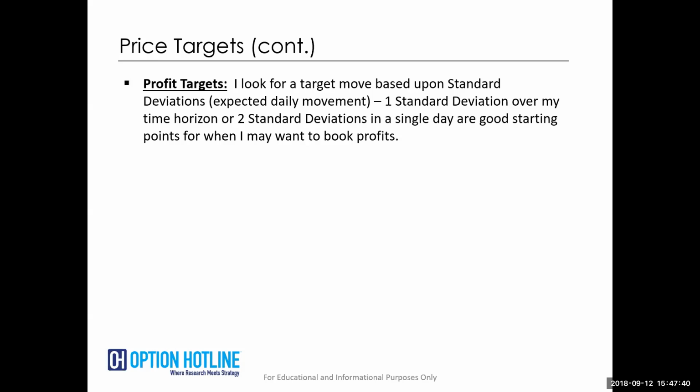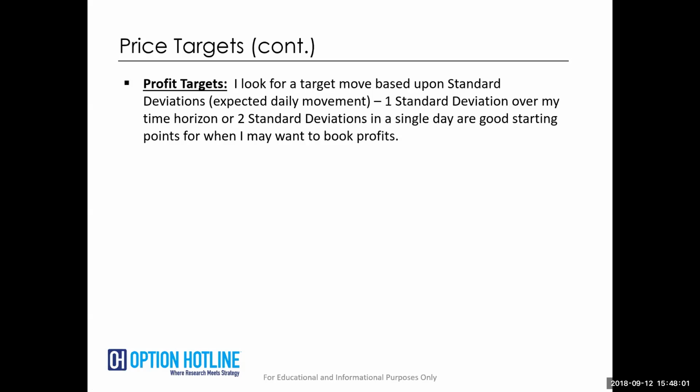There are a lot of ways for me to take profits once these levels are breached. I can use a trailing stop. For those of you that know what a trailing stop is, you basically raise the stop level as it's going your way. Or I can look to exit, or I can roll a position if I'm in options. There are a lot of different ways for me to move my position around. But this is where I am initially looking for my target.